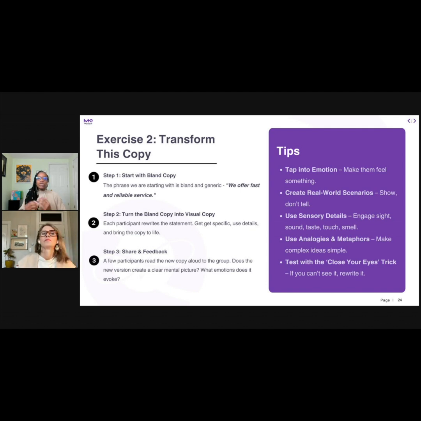Okay, so close your eyes, think about what that means to you, and try to make that visual. So think about the emotion that resonates. Think about a real world example of fast and reliable service. What does that mean? When someone says that to you, what does that mean to you? Okay. Is there any sensory detail that comes out with that? Is there any analogy, metaphor that would make sense for you? Right? Do the close your eyes trick. Everyone's going to have something different. That is the point. Okay. So take that, we offer fast and reliable service, and give me a visual statement based on